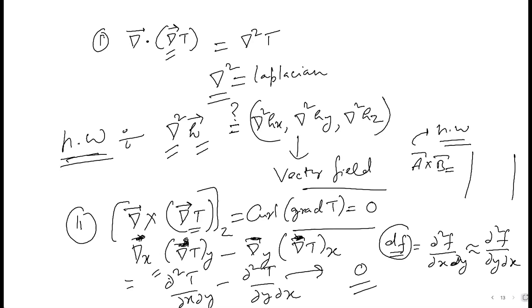So let's also construct a few more second derivatives of fields. Those could be helpful in physics. For example, I was just talking about a scalar field. Now suppose you have a vector field H, and you have a vector operator, something like this. How do you combine these two things? You know that you can combine this as a dot product and as a cross product.